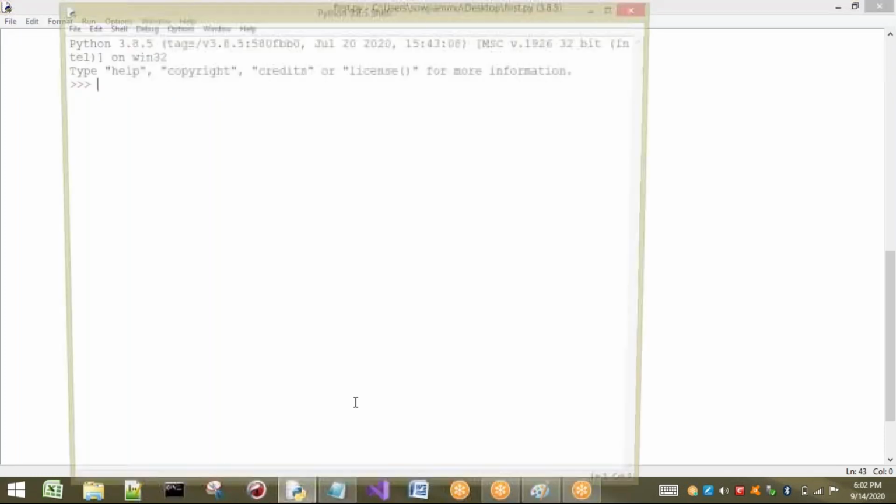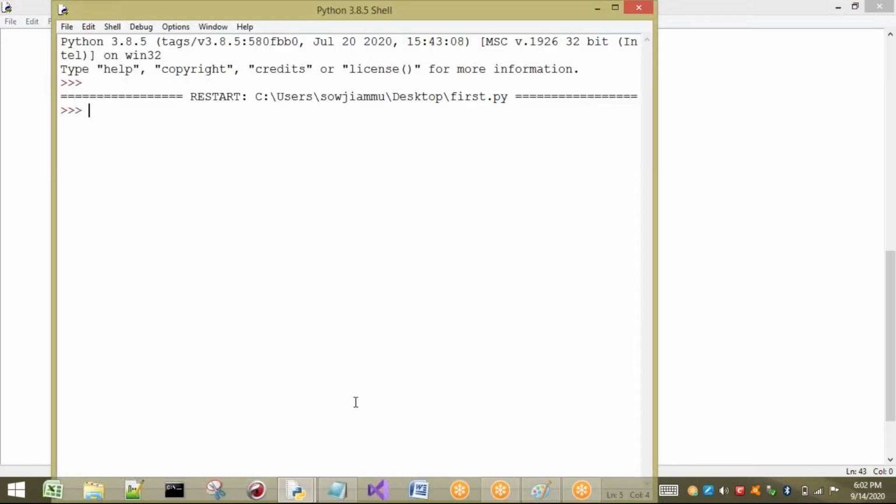Okay, I will take an example for this. First I want to show you how it is going to work. Format is a function name. I'm going to consider some variables with some data.